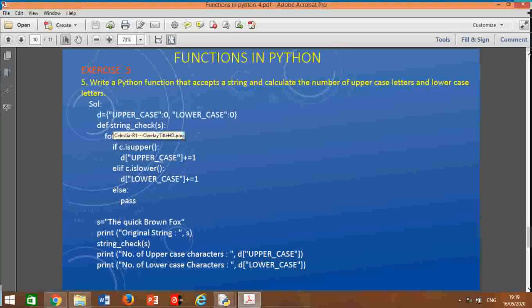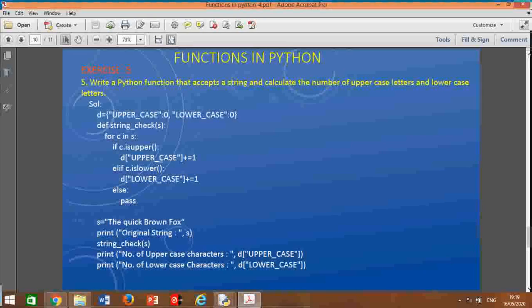So again, the function takes one argument as a string, say def string check, but here I am taking one additional thing: a dictionary as a global variable. In the dictionary I am taking two pairs: the first key is uppercase, its value is 0, the next key is lowercase, its value is 0.